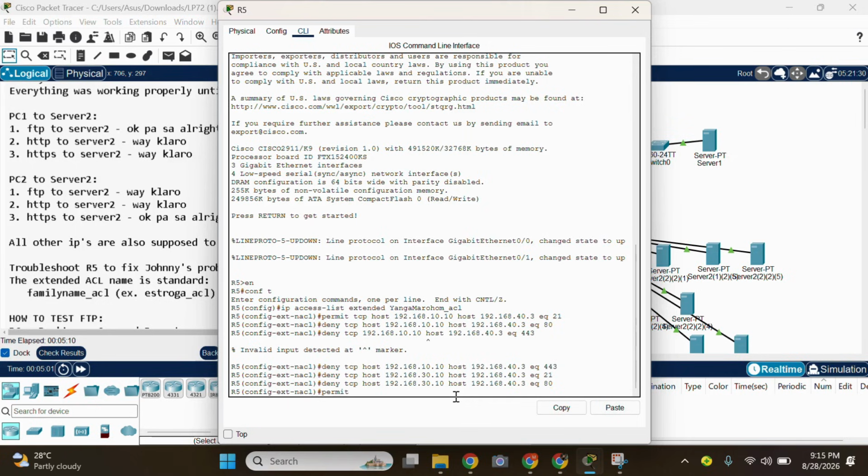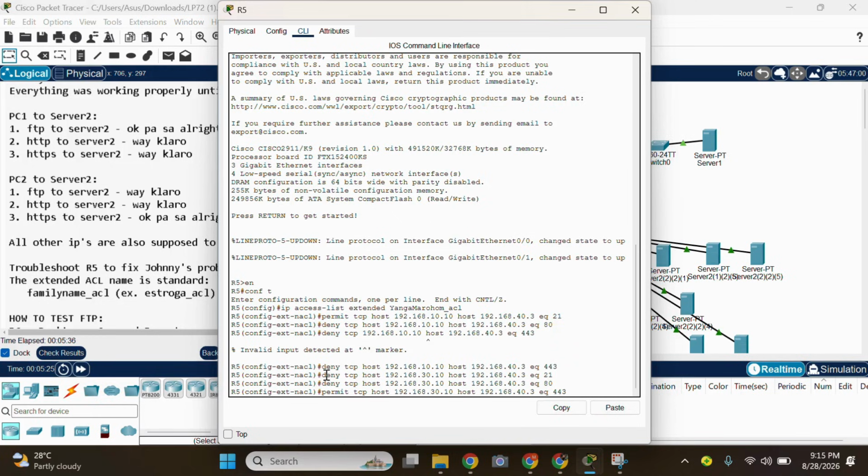So permit tcp host 192.168.30.10 and then host 192.168.40.30 equal to 443.